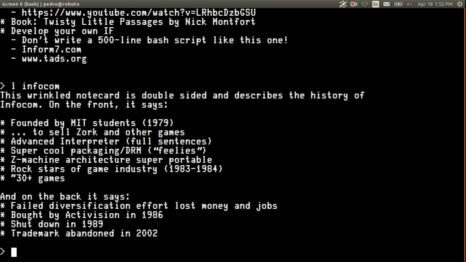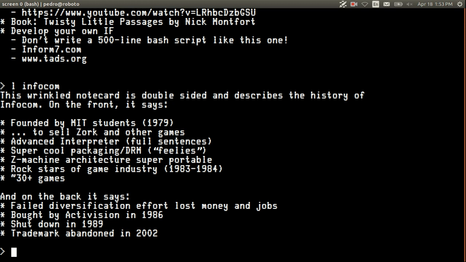Infocom had really awesome packaging with a lot of things they called feelies, which would be like a comic book that goes with it, or scratch and sniff stickers, or a pin, or a really cool box. And a lot of times that served as DRM for the game. So you needed the manual because at some point the game would say, please turn to page 5 in the manual and say what the 6th word is. So instead of having copy protection on the floppy itself, the copy protection was, do you have a copy of the manual or the scratch and sniff stickers or whatever.